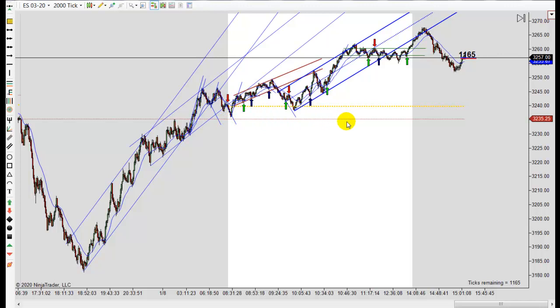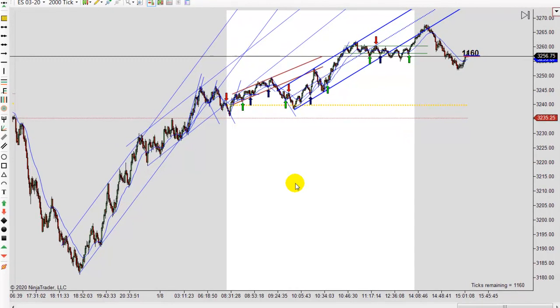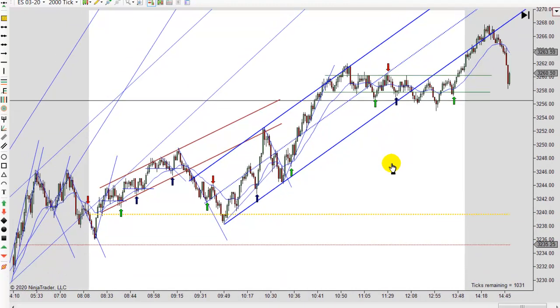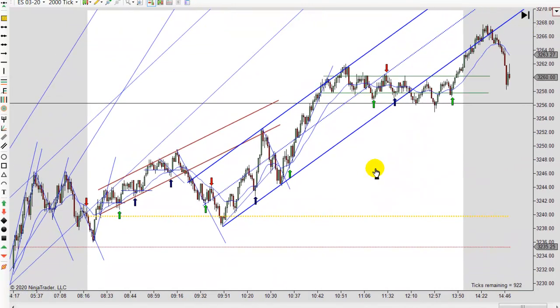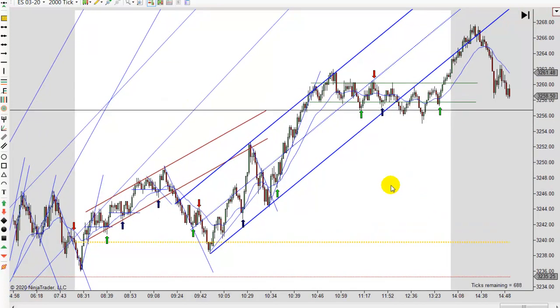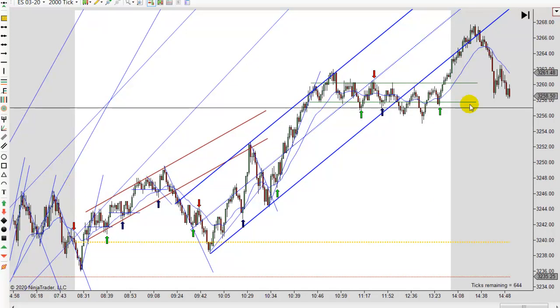This red line going across here, let me back out a little more. I'm just going to back out to the more pertinent part of the price action today, which would be from 7 o'clock, which came right in here, to 2 o'clock, which is the white line there. The white starts at 8:30 and then ends at 2. But you can start trading around 7 o'clock, which is right in this area right here. So if you look at where we opened at 8:30 to where we were at 2 o'clock today,